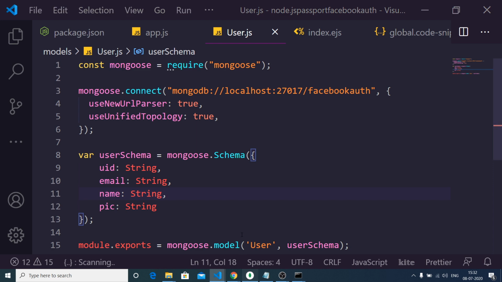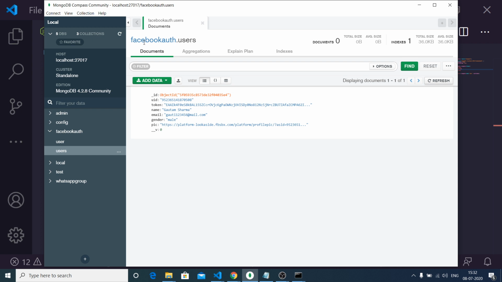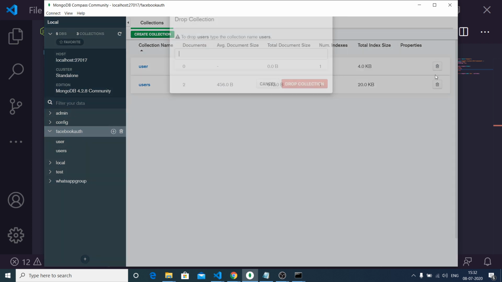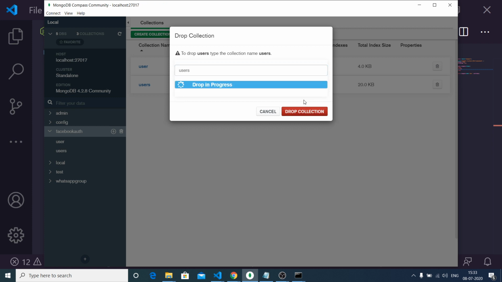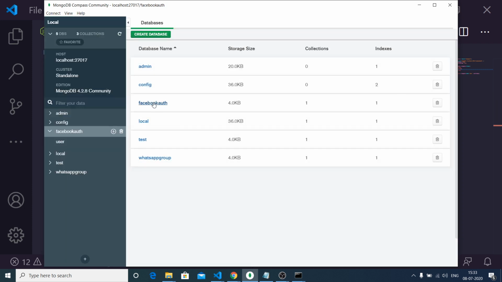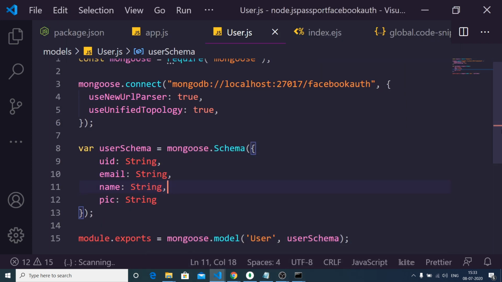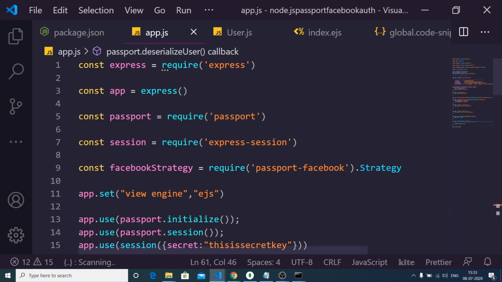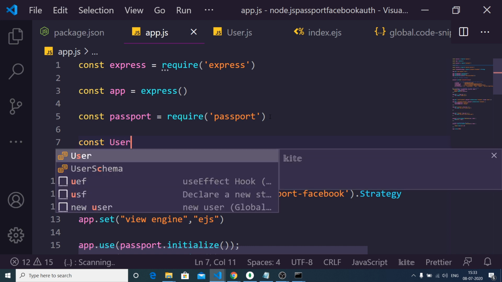So the database name, in my case, is Facebook auth. You can see that Facebook auth is there. If I show you the table, let me delete all the collections which are there. So if you open it, only one collection is there. You will see that you have user. So we are connecting to this. So now we can import this file inside our app.js, const user.